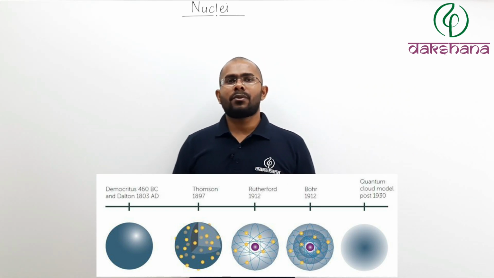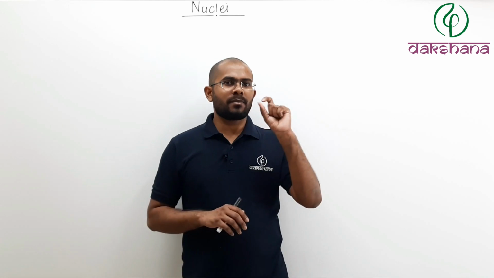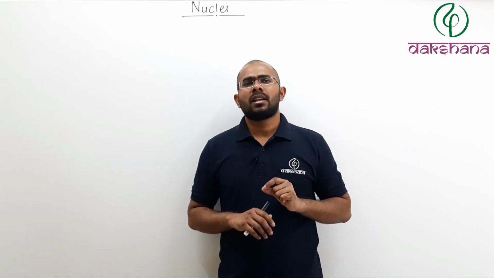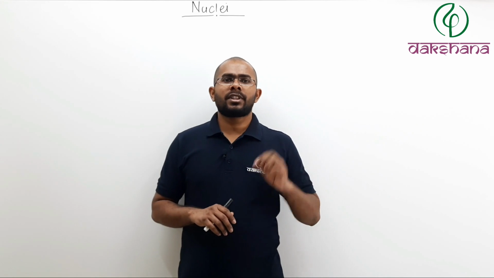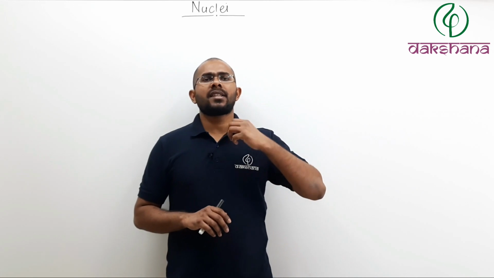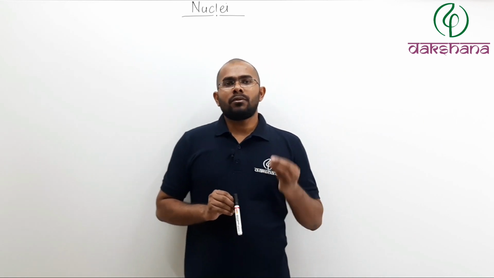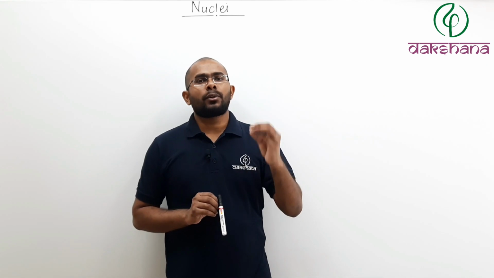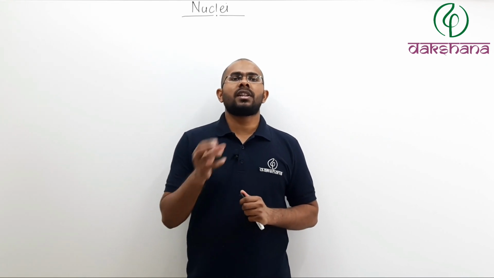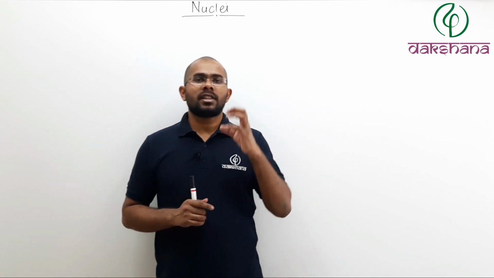After Rutherford discovered that there is a very tiny particle at the center of the atom which is called nucleus, he also told us that this tiny particle has almost all of the mass of the atom and that it has positive charge. His observations were due to the alpha particle experiment. Until now we just know that there is something called nucleus. We don't know much about the nucleus in detail. So in today's lecture, we will talk about nucleus in detail.